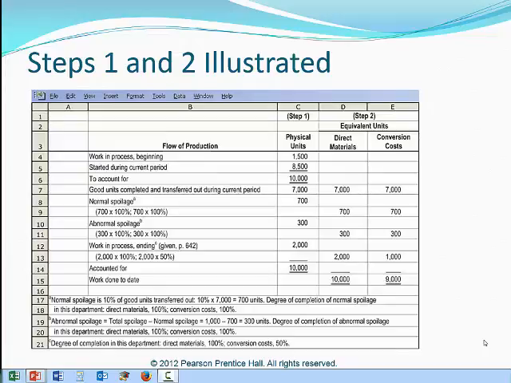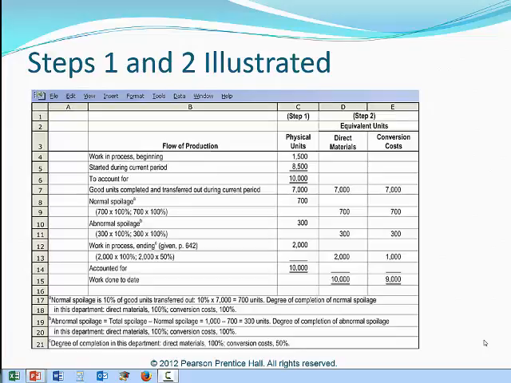Okay, for our weighted average method, including spoilage, let's begin by plotting in our physical units. We were told that we had 1,500 units left over from the prior period. Those, of course, will be our work in process beginning units. So 1,500 physical units there. We also were told that we started 8,500 units in this period. So 1,500 plus 8,500 equals a total of 10,000 physical units that we have got to account for in our